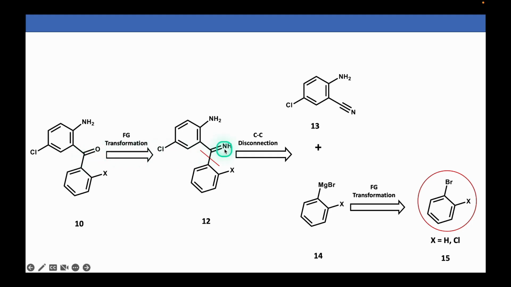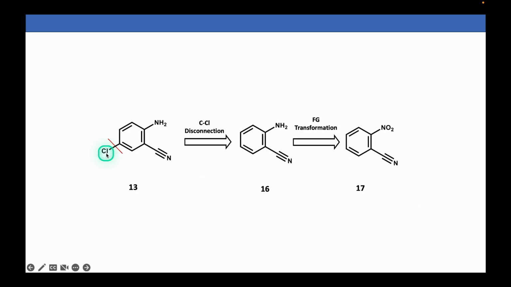The phenyl substituted with the group X can come from the nucleophilic addition to the cyano group present in 13 by the Grignard reagent 14, which in turn comes from bromobenzene 15 in the case of diazepam and orthochlorobromobenzene in the case of lorazepam, the chlorine in para position to the amino